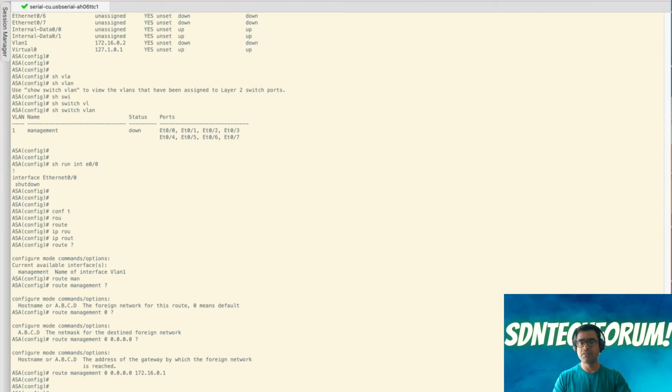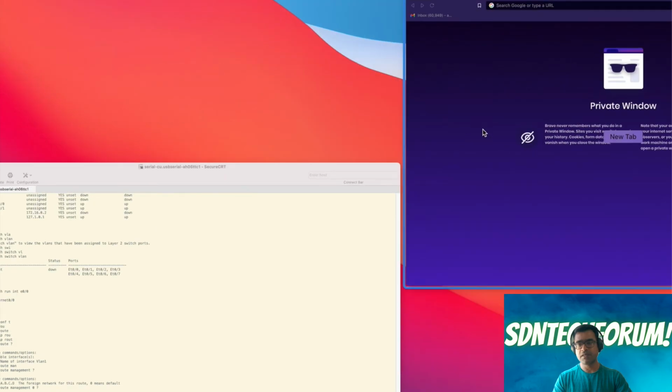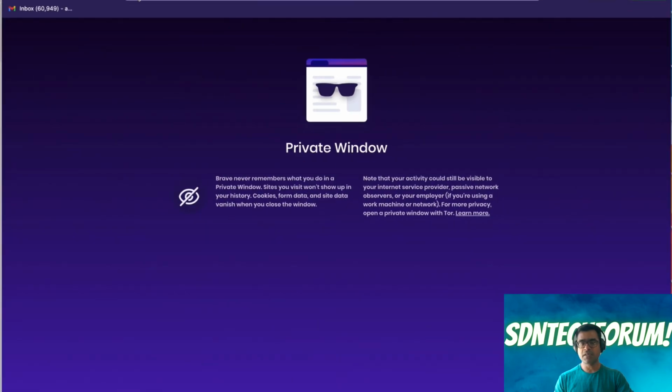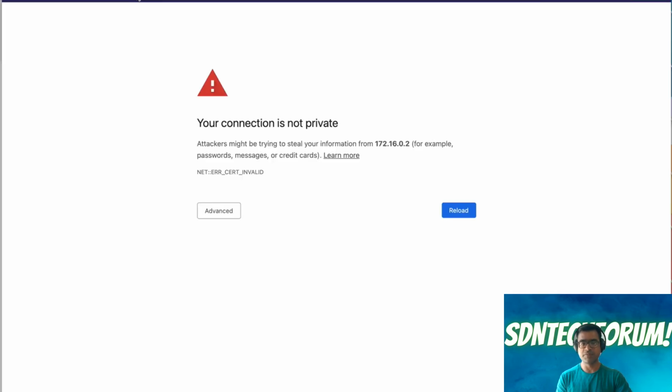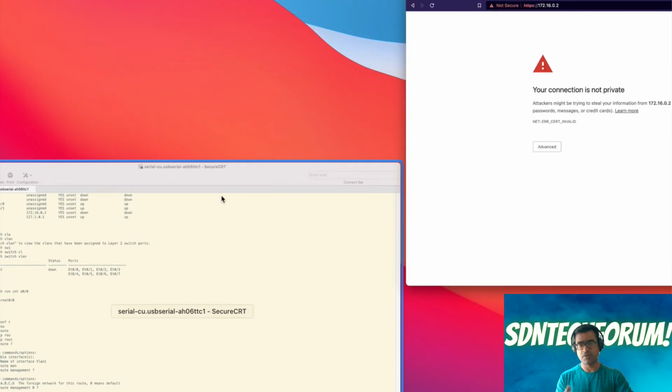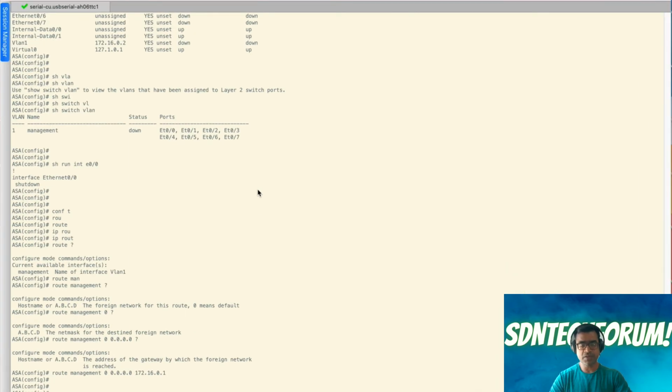So this is how we initialize our ASA. Now we are moving on to the next step. That means how to access the GUI. For the GUI, we have done the basic preparation. That means we have enabled the HTTP server. And now, as you can see, if I use that IP address in my browser, I'm going to see a